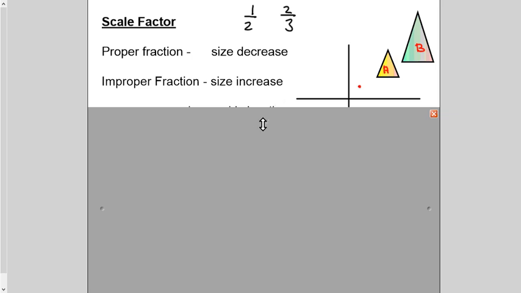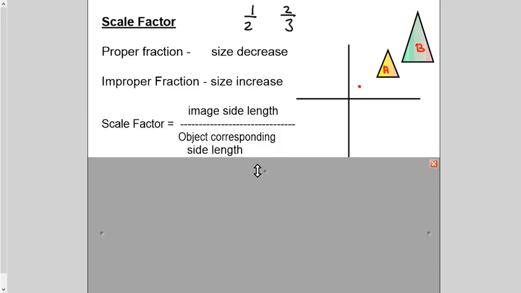Okay. Second thing, how do you find out a scale factor? You know, if I say A is mapped onto B, it means B is my image and A is my original object. So pick up any two corresponding sides. For example, I pick up this side and this side. These are corresponding. So I will measure this length. So this I will write in the numerator, and the corresponding side length in the denominator. So I'm repeating, image side length divided by object side length, and corresponding sides, definitely. That gives you a scale factor.